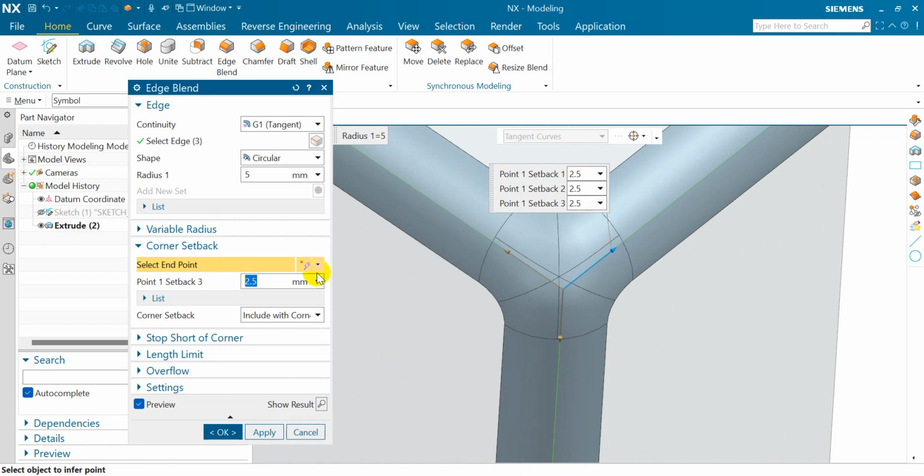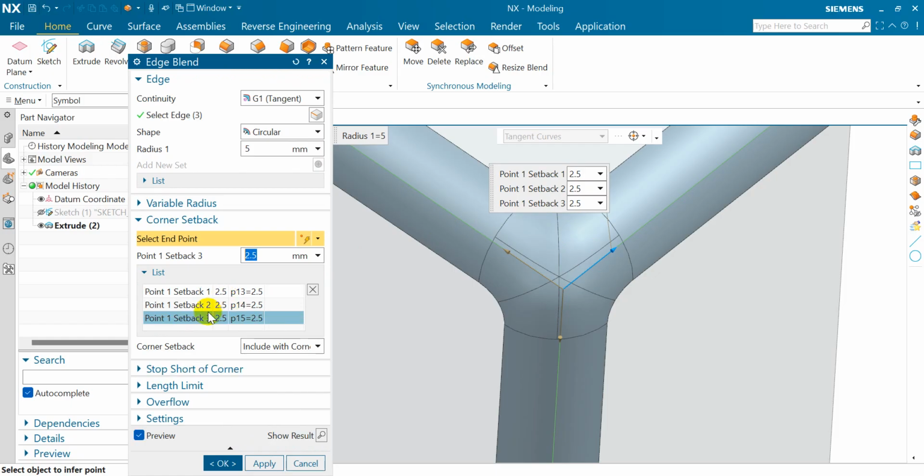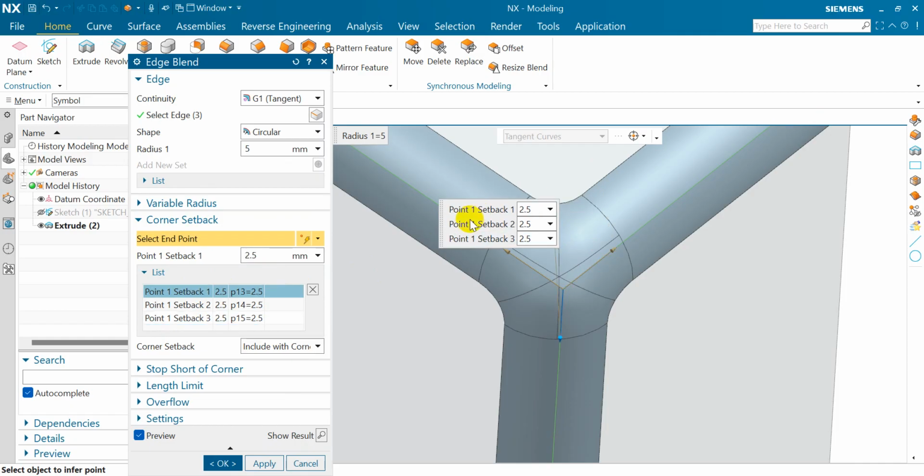There are 3 options, or their list is available there. You can fill there. If I click on this side, then its color will change. The selected side, suppose I fill 10, enter.